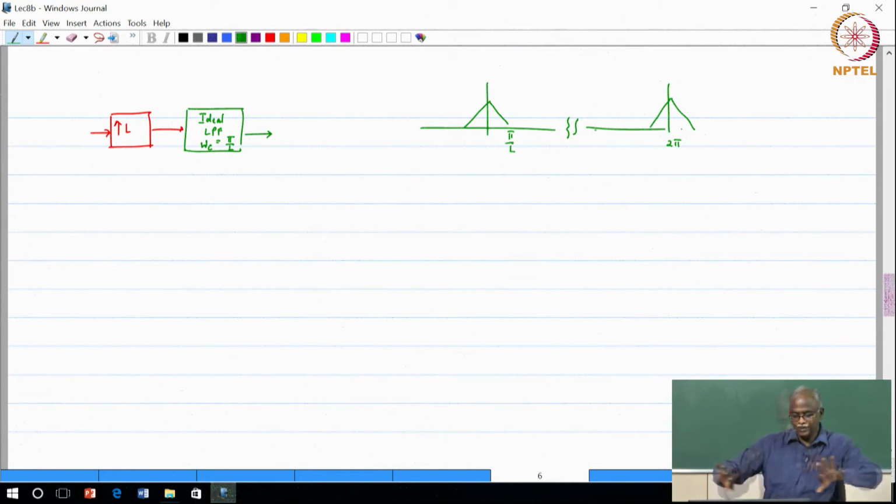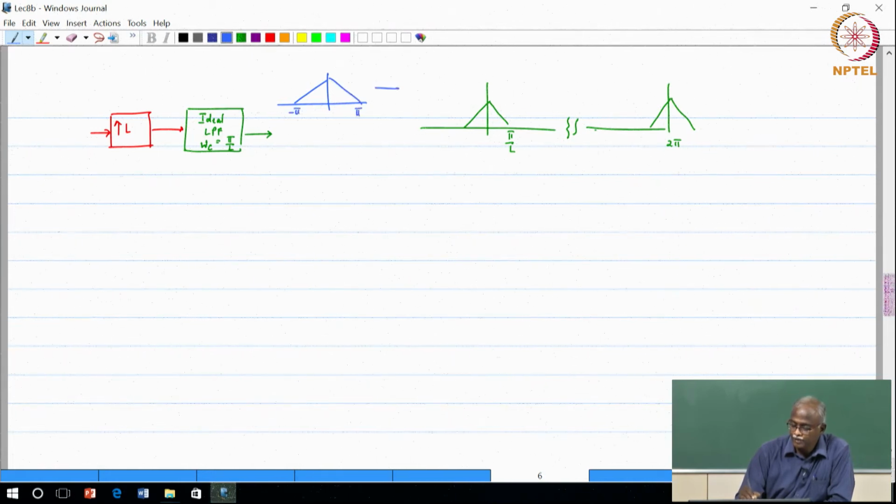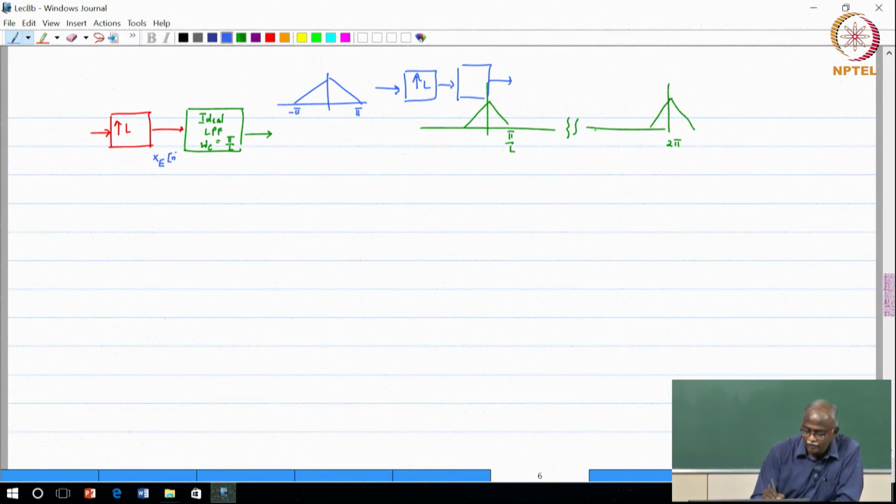Okay. So, basically the copies of the spectrum, assuming the input was of this form, minus pi to pi, after the upsampling by a factor of L, followed by the filter. Okay. So, the important element in this one is, if we call this xe of n, you have inserted the 0 valued samples. I would like to call this xi of n. Xi of n, I stands for interpolated, because there are no more 0 valued samples, all of the samples are non-zero,